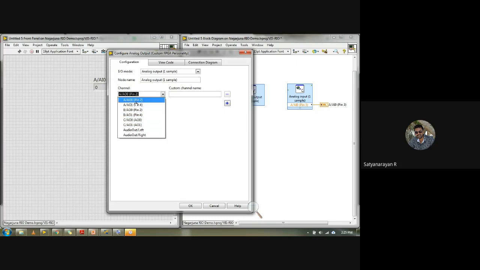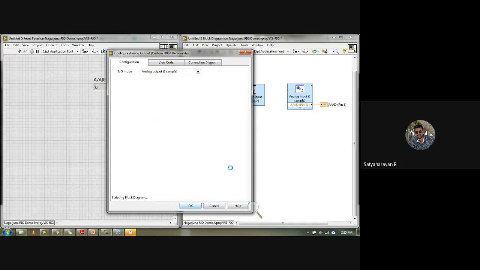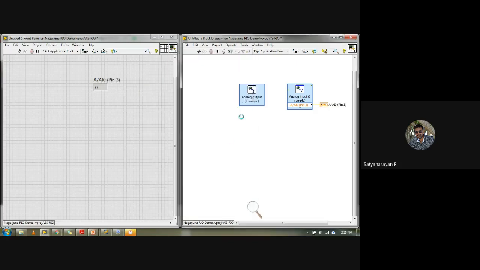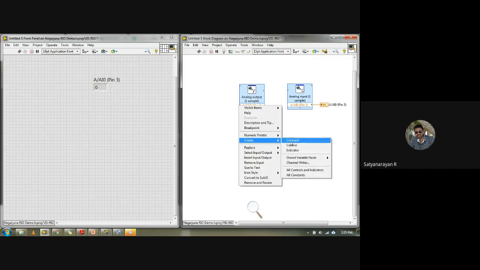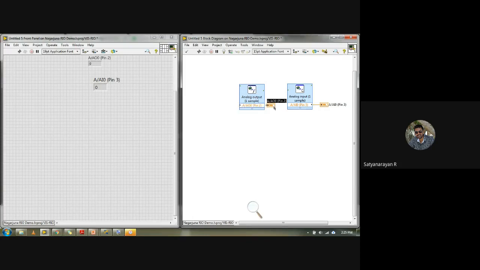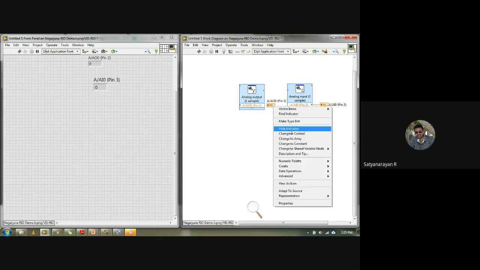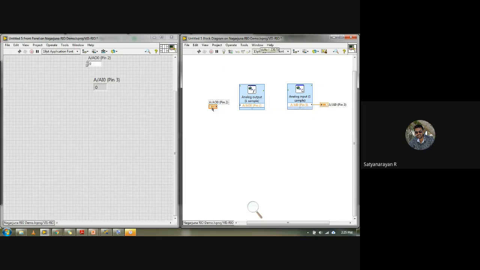We'll go with pin number 2 and click OK. Now I'll right click and create a control. This control will be connected here.